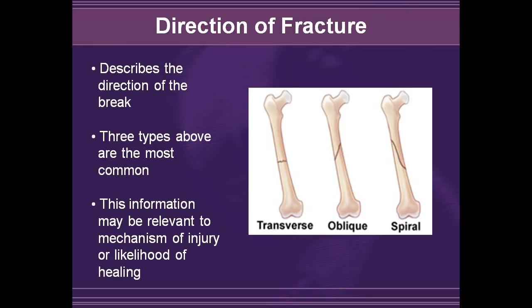When describing the direction of a break, a transverse fracture is exactly perpendicular to the direction of the bone. Oblique and spiral fractures are as described on the images. Those are the most common. The information may be relevant to the mechanism of injury and may also give indications to look at other bones or soft tissues for additional injury. They also increase your knowledge in terms of likelihood of